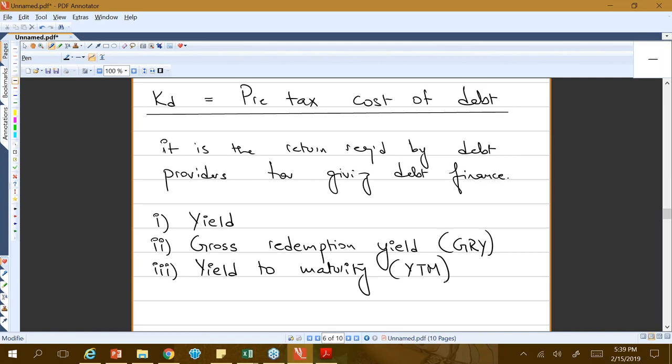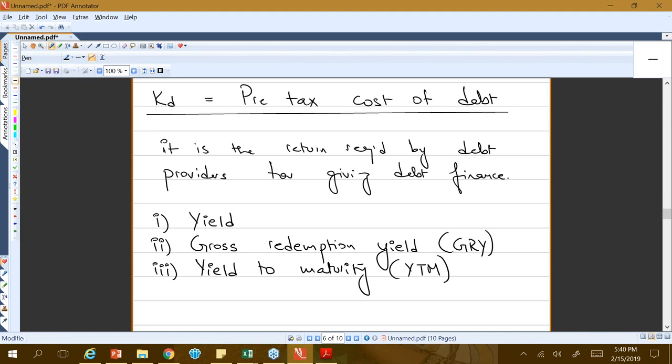And all these mean the same thing. So there is no difference in all these. So please never complicate things for yourself in the exam when the examining team uses different names for the same thing. So KD is the pre-tax cost of debt, which we know is the return required by the debt providers. Then there are different names for it, which are the yield, the gross redemption yield, and the